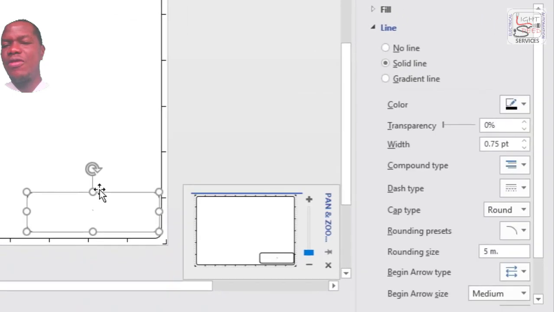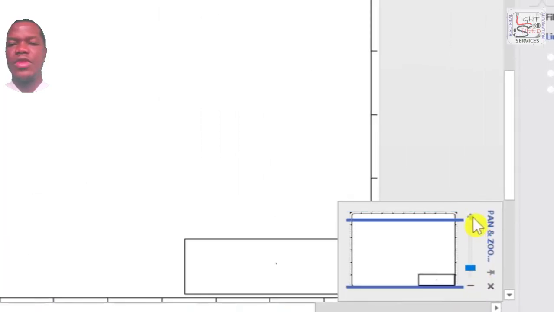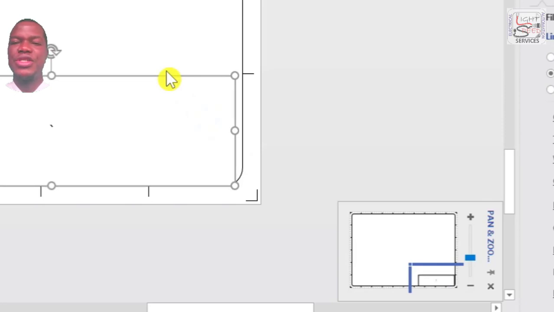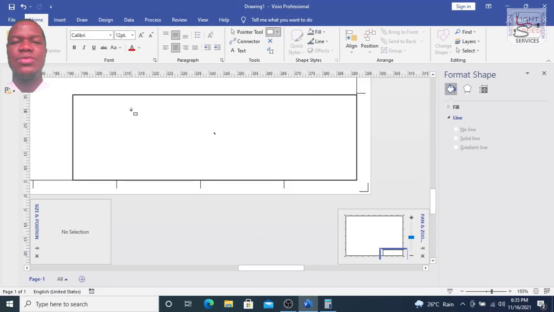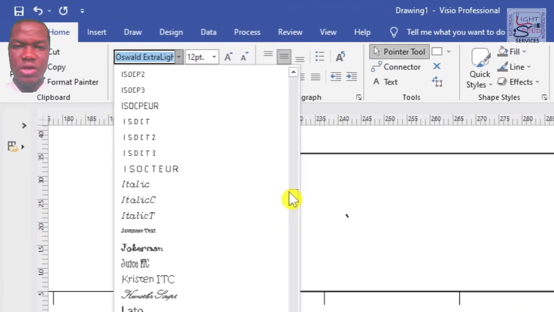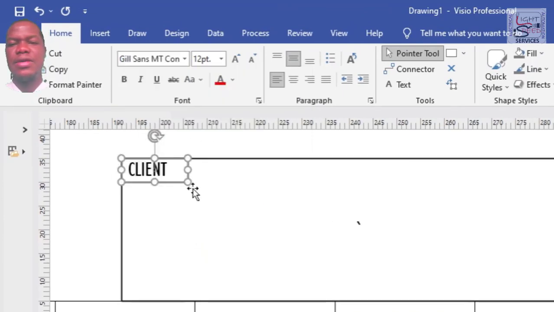So as I said, this curve at the lower right corner is going to cost me, so I need to remove it so I can maximize the space. I need guides to show me the dimensions that I will use to write my input. So I'm going to insert a rectangle with writing inside. I need a font that doesn't occupy a lot of space, so I'm going to be using this Gale Sans. You can see that the size of the text has reduced.